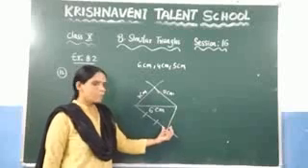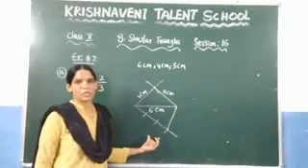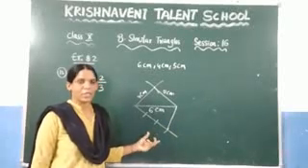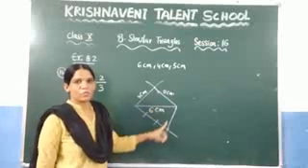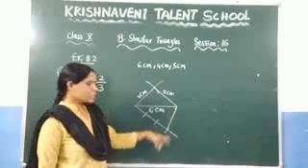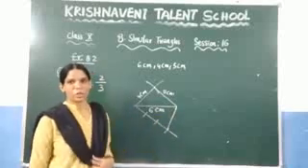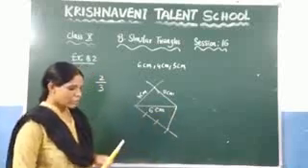Now after that, measure this length and again draw the arc so that you will get the intersection point. If you join that intersection point to this base of the triangle, you will get the parallel line to this line. That is the process to draw the parallel line. So what is the next step?